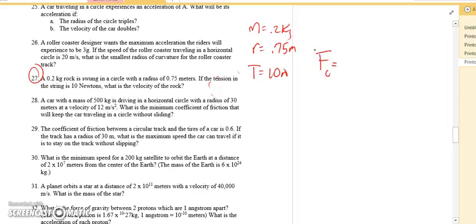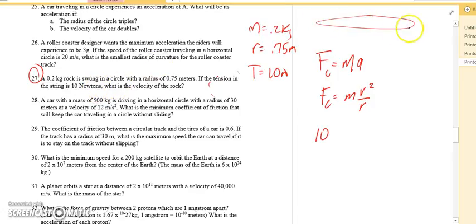So if it accelerates, then we know it's an F net equation. So F equals ma. So we know that centripetal force is equal to mass times the velocity squared over r. We know the tension here is actually what's causing it to swing in the circle. Now, the sort of deceiving piece here is that we assume it's going this way. If it's vertical, that changes everything, or it could change things. So in this particular situation, at that instant, it's 10 newtons. So 10 newtons equals, and my mass is 0.2